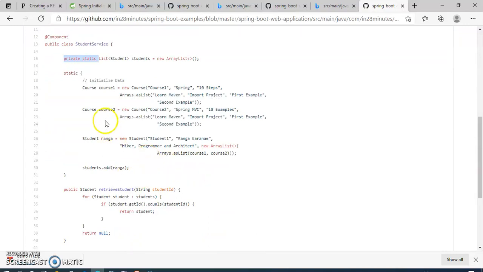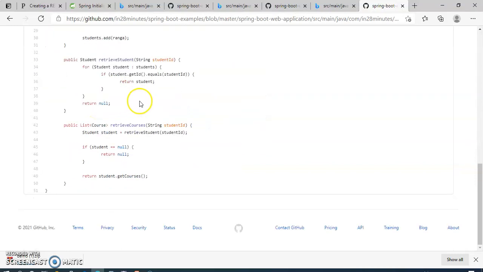Now you can see here course 1, we have course 1 Spring, and in the array list we have added a v1 project first example, and course 2 we have Spring MVC. As you can see, here we have Spring, and here we have Spring MVC. Like this we have many courses.